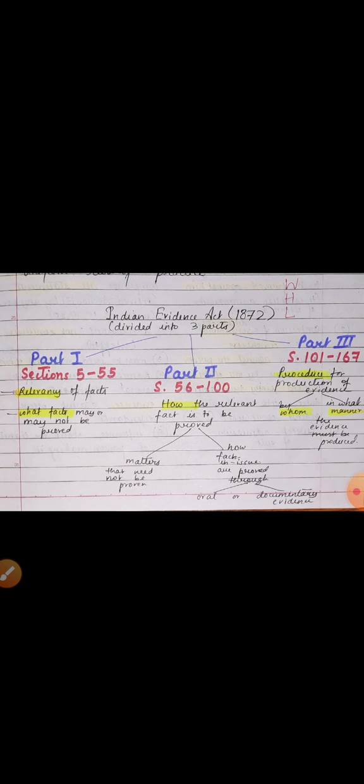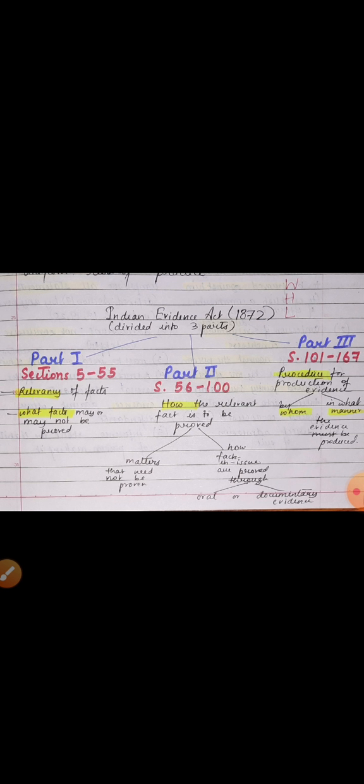The Indian Evidence Act. We're almost coming to the end of this chapter. Now, the Indian Evidence Act stipulates how facts are to be proved through evidence. That's the one-line definition of the IEA. It was enacted in 1872. It gives us what has to be proved, how it has to be proved, and it also talks about the burden of proof. Who has the burden of proof? As we all know, it's the prosecutor who has the burden of proof, and the degree of proof must be beyond reasonable doubt. The Indian Evidence Act consists of 3 parts.